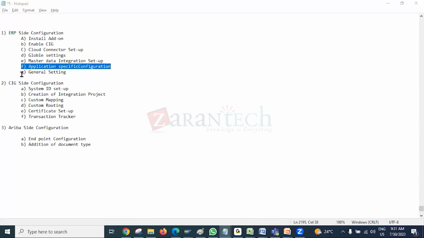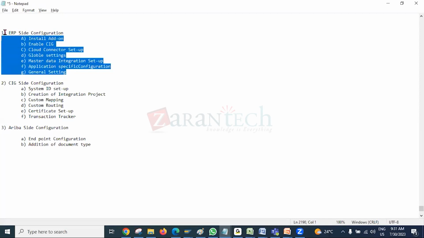And apart from that, we have to do some other miscellaneous configuration. Actually, that will be covered as part of the application specific setup and the master data integration, but I added it here separately. So we have to do some general settings. In the general settings, we have to set up the IDOC. How exactly we set up the IDOC, that's something we'll see. This is the overall process or configuration step that we have to perform